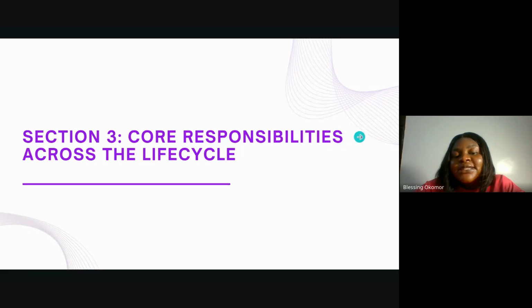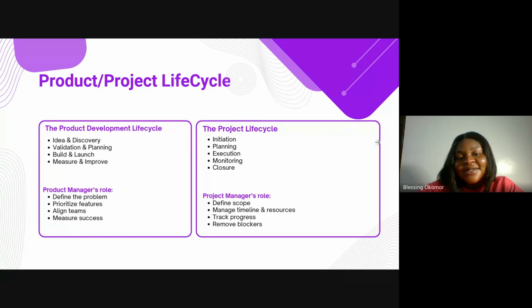Right now, what are your core responsibilities as a product manager, as a project manager? Note that in product management, we have the product development lifecycle and the market lifecycle, right? But today our focus is on the foundation, which is the product development lifecycle.